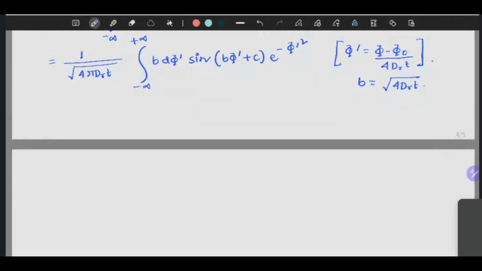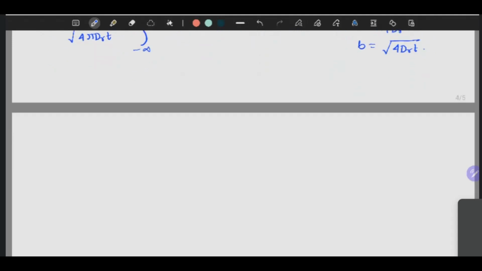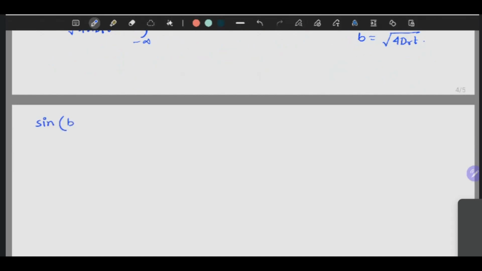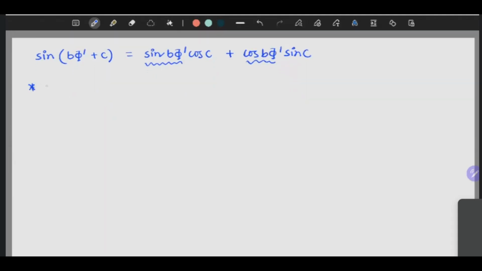Okay, now doing the similar thing, if you follow the same path, then sine b phi prime plus c will give you sine b phi prime cos c plus cos b phi prime sin c. Now this is odd function and this is even function. Now since sine b phi prime is an odd function of phi prime,